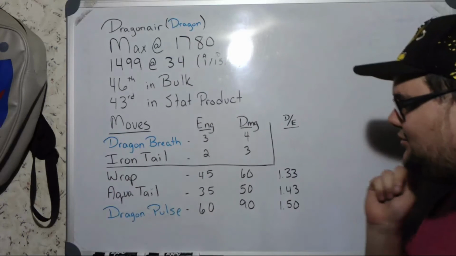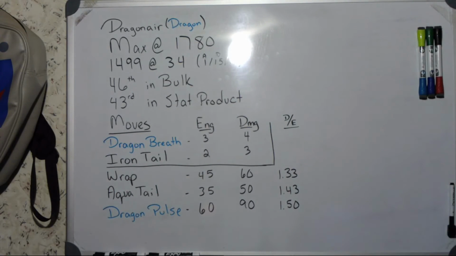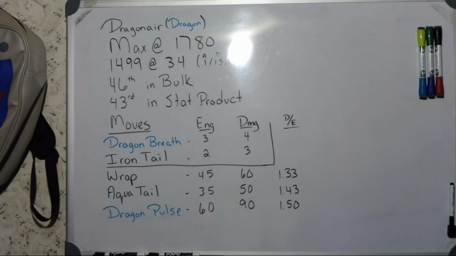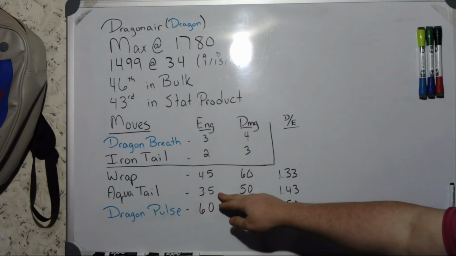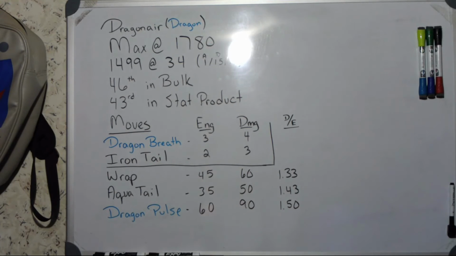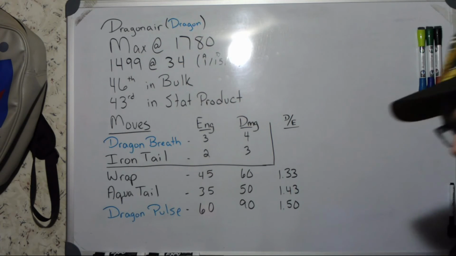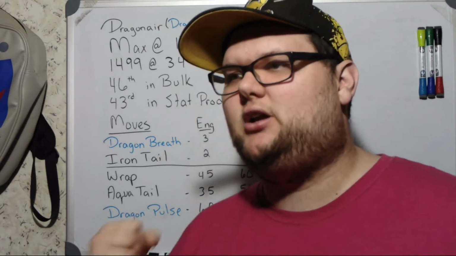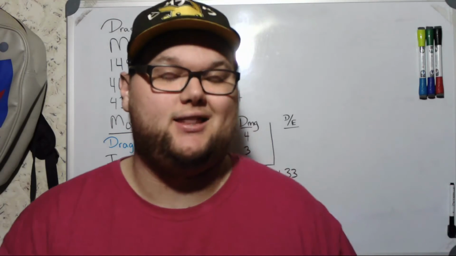Now, on the pro side, I do have one big pro. And that one big pro is that it's really, really, really fast at charging up. So you can actually get to this Aqua Tail in just over 5 seconds. In 5 seconds, you can start spamming Aqua Tail, which is crazy. And Wrap isn't too far behind it. You're going to be able to spam Wrap in just over, what, 7 seconds, I think, if my math is right? So you're very quick to charge, you're very quick to throw out some charge moves,